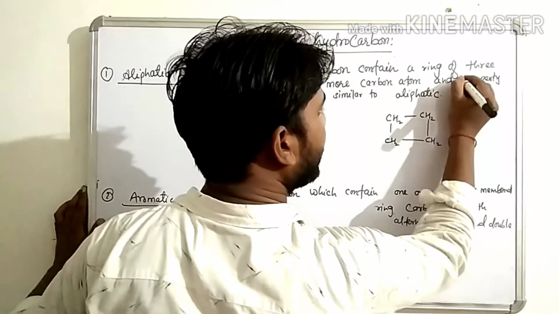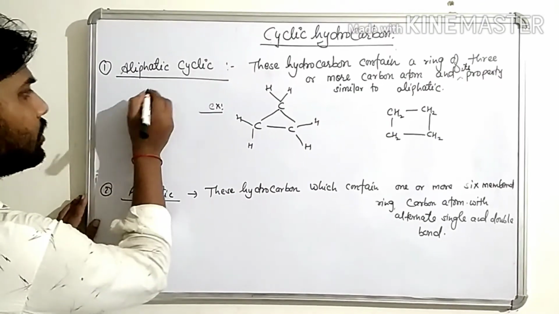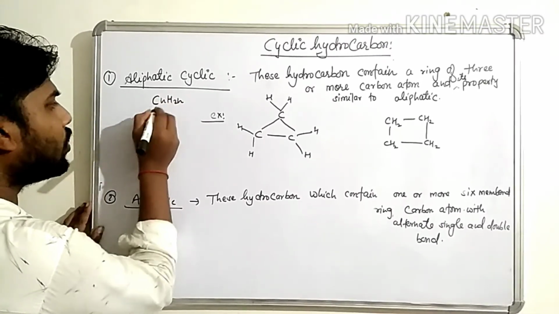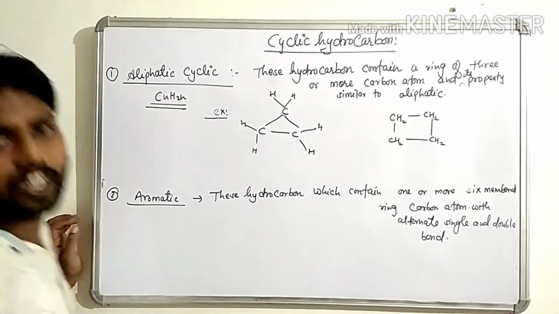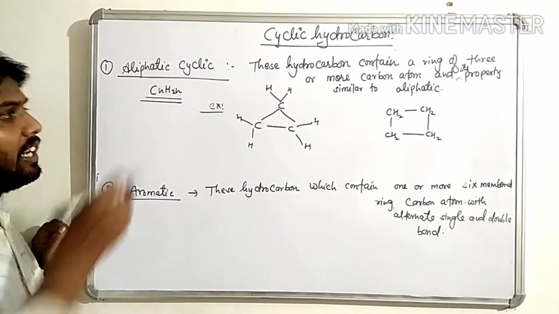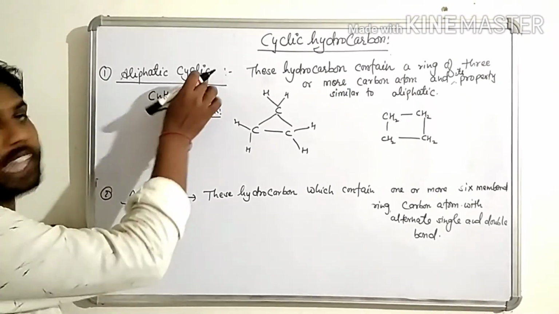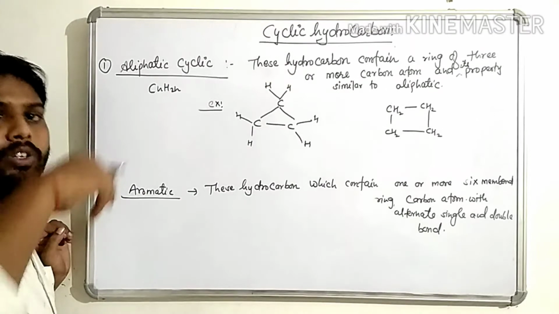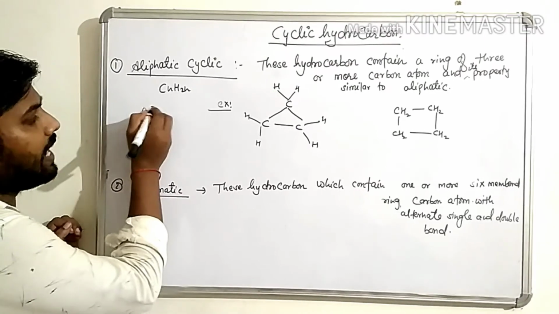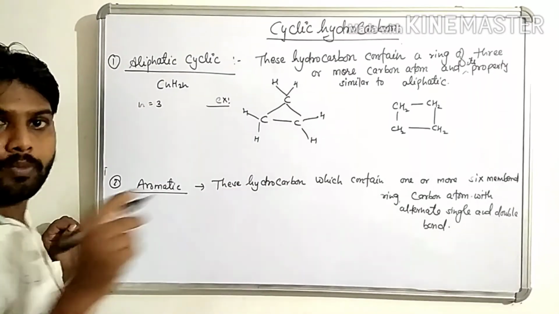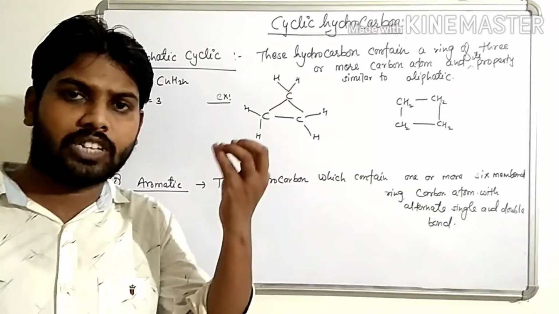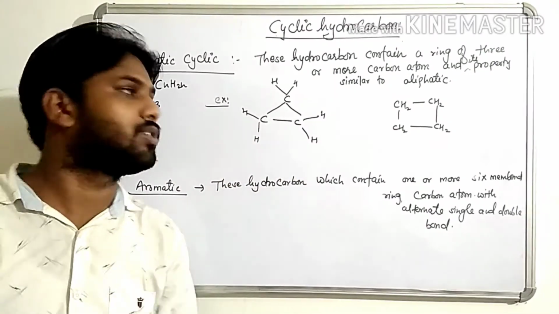And its property you can write. The formula of aliphatic cyclic is CnH2n. This is not alkene, children. Sometimes students get confused, as this is the formula of alkene. But children, here CnH2n is forming a cyclic, but when we talk about alkene, it forms an open chain. Okay. So when n is equal to 3, it forms 3 sides, means triangle, 4 sides like square, 5 pentagon, 6 carbon hexagon. They form a ring type of structure.